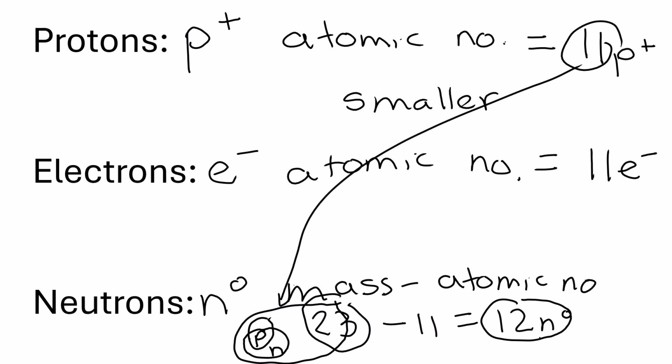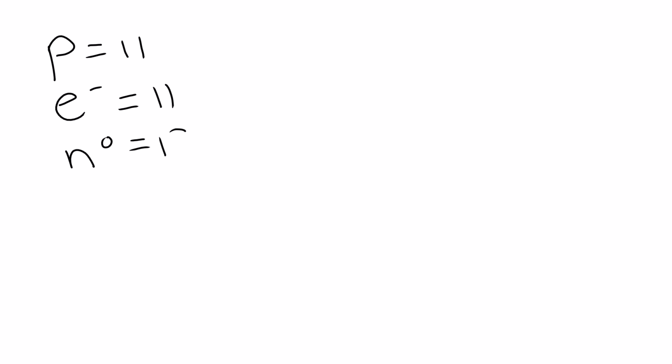Now that we have the 11 protons, 11 electrons, and 12 neutrons, we can start drawing an atom. Okay, so we have this information. Let's go into the details. So for protons, I know I have 11. For electrons, I know that I have 11. For neutrons, I know that I have 12. I just worked that out. This is not for marks. You do not need to show this to get the marks. Okay, you're going to put this on your diagram. But I just need to explain something a little bit. So we said that inside an atom is a nucleus. The nucleus then has protons and neutrons.